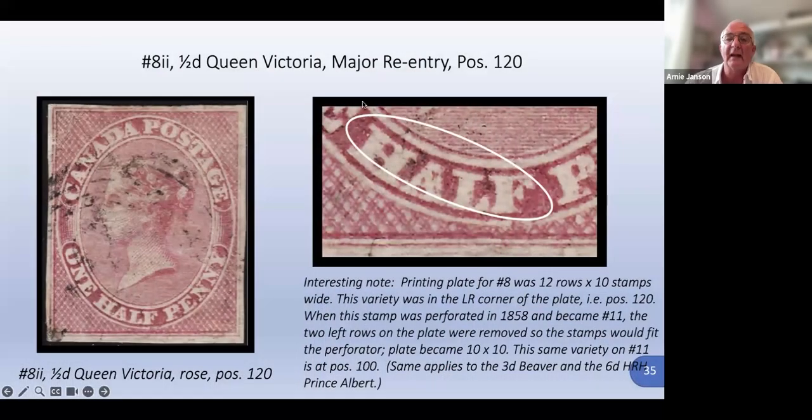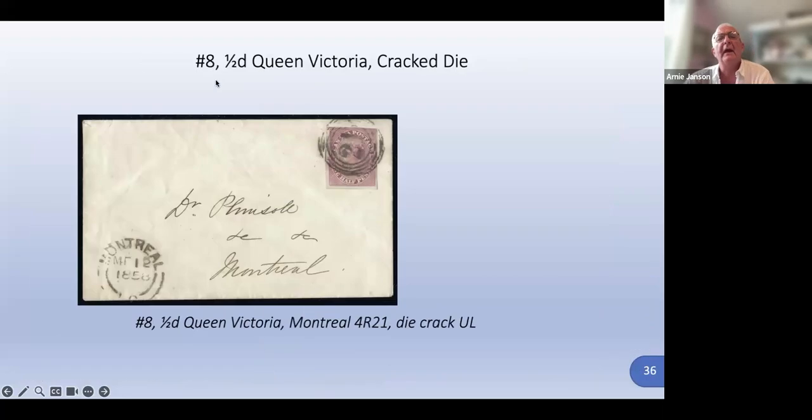But what that meant was that any varieties that were on number 8, if they were on columns 3 through 12, would appear on the perforated version, but in a new position number. So this same variety, the doubling or the reentry, would appear on position 100 on number 11. Similarly, the other two stamps that were perforated were also trimmed. If we look at the 8 halfpenny with a cracked die,